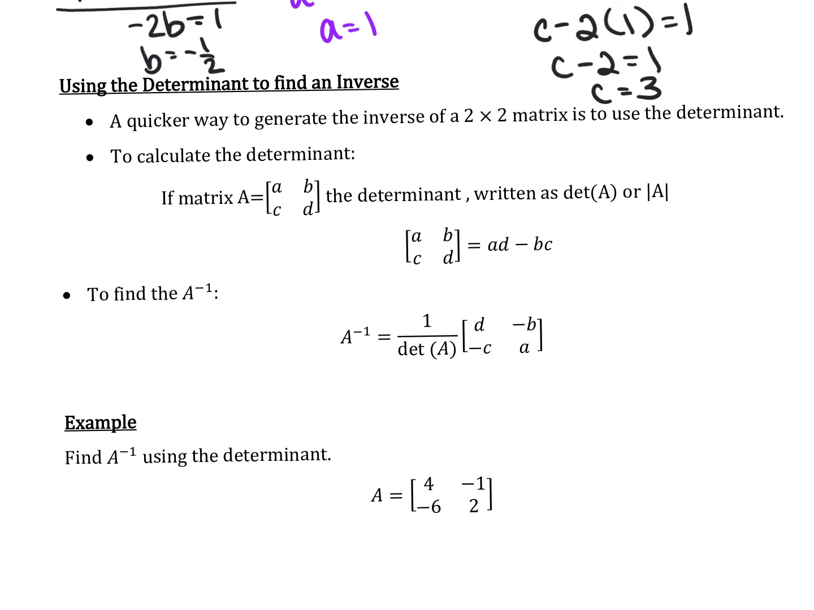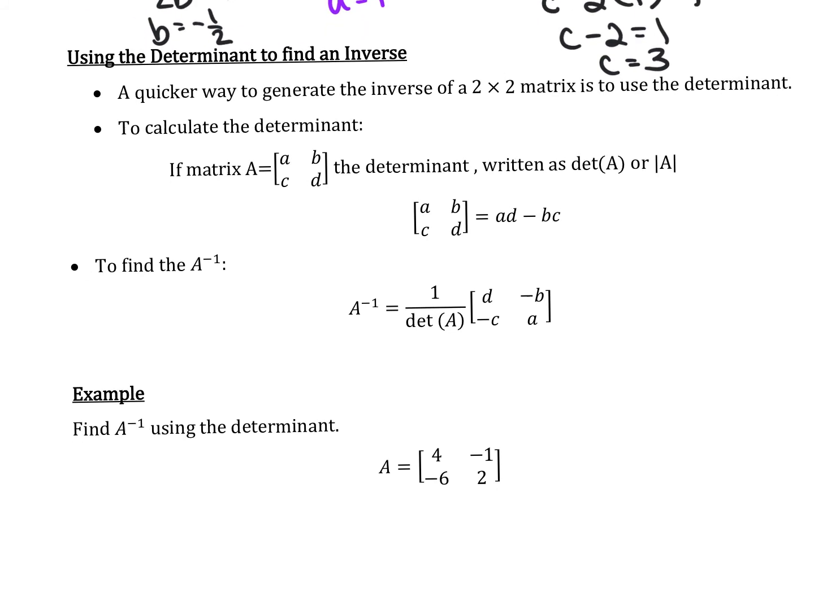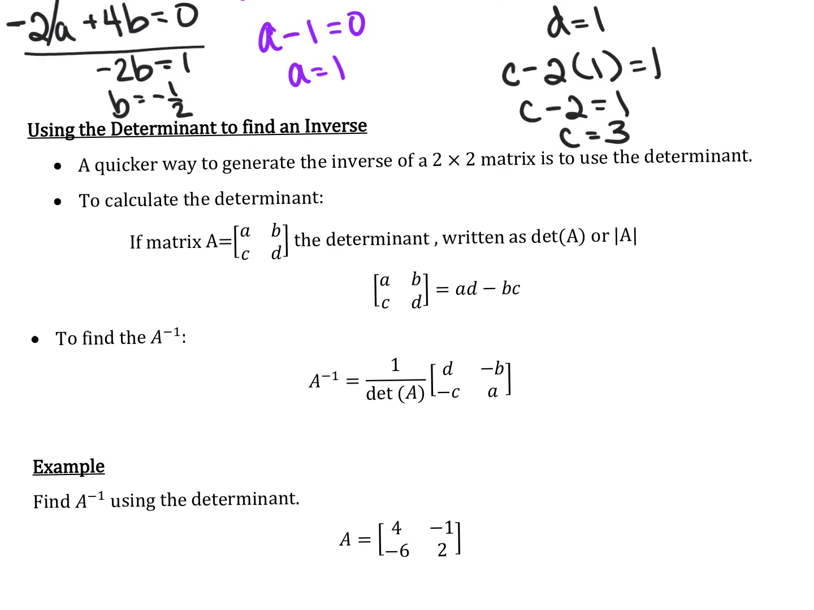Once you know the determinant, we can calculate A inverse by multiplying the determinant, which is a scalar, by the matrix where you switch A and D and you negate B and C. So let's go ahead and try one of these problems. So the exact same problem we did up here,